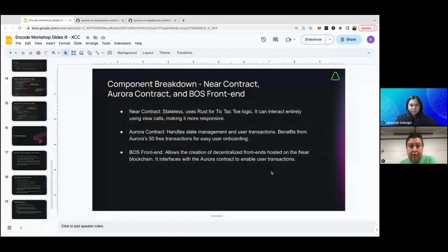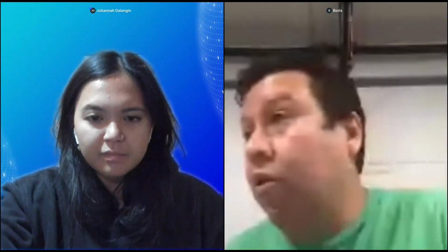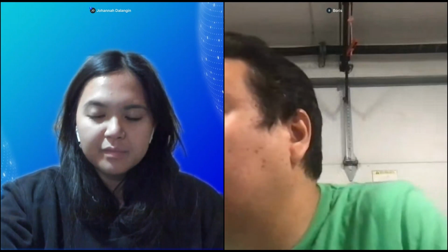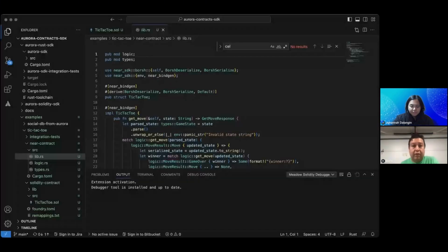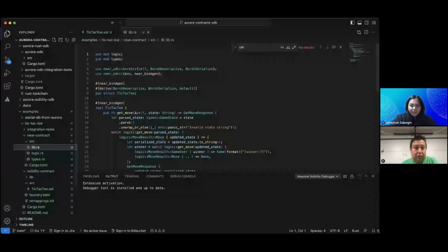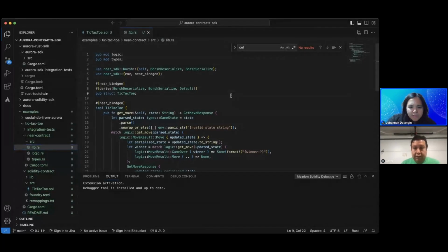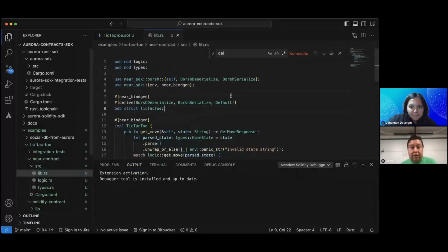Let me stop sharing, and let me share the code right now. Share screen, window. I think this is it. I don't know if you have enough zoom, but I will try to zoom it a little. Can we zoom it slightly, please? Great, brilliant, thank you.